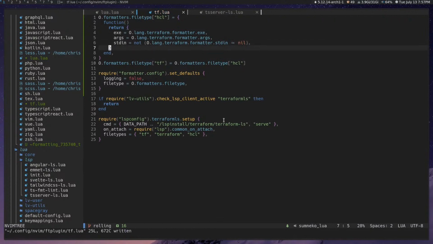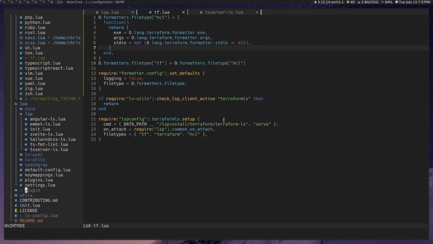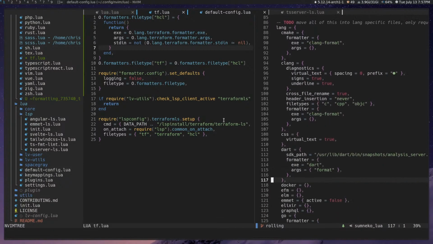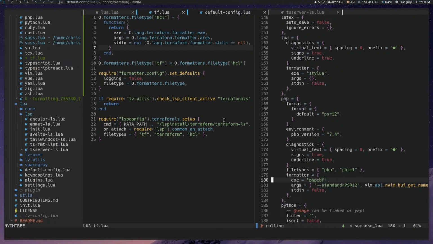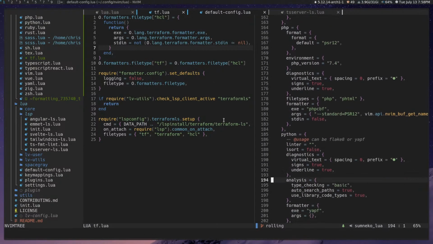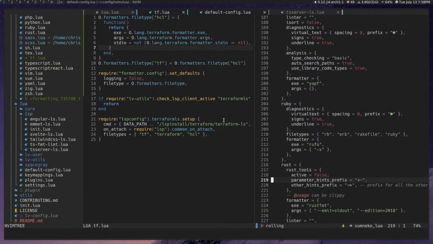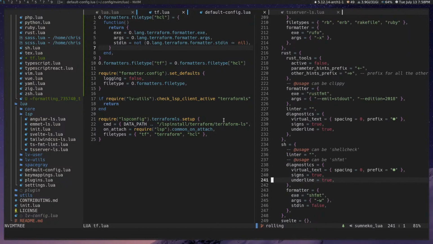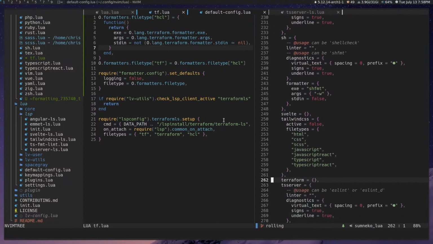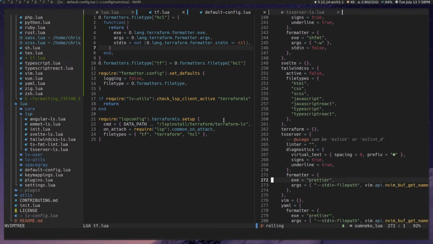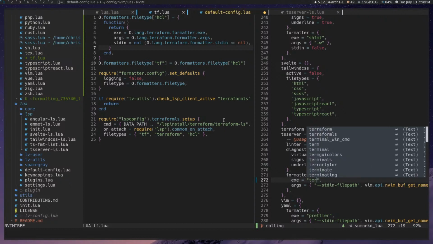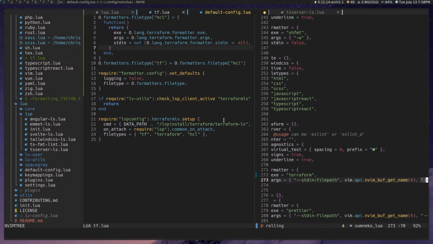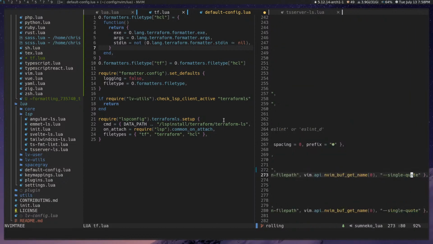That should be fine. Now if we go down to default config, by the way, default config will also be getting a refactor. We're not going to be keeping all the language stuff here. Every single language is going to be encapsulated inside of its own file, and then only added to the global space when necessary. Now let's see, do we have anything for Terraform? Okay, we do. Prettier. I think the executable would just be terraform, and I'm pretty sure the args would just be